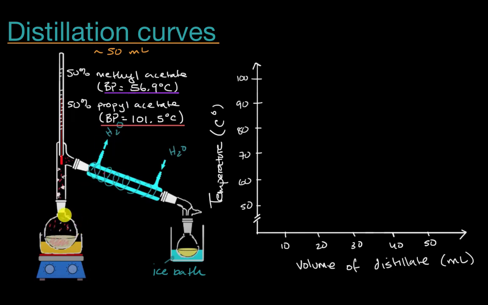So what you do, you have the solution, you begin to heat it up. Now you're going to have to heat it up to the boiling point of the mixture, which is going to be someplace in between these two boiling points. It's probably going to be 70-something degrees Celsius. Now once you get this thing boiling, you're going to start having a lot more vapors form. Those vapors are going to be a combination of methyl acetate and propyl acetate. We know at that temperature, if we're below the boiling point of propyl acetate, a disproportionate number of those vapors are going to be methyl acetate.